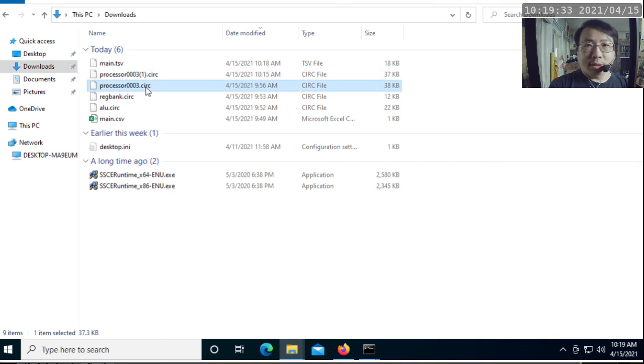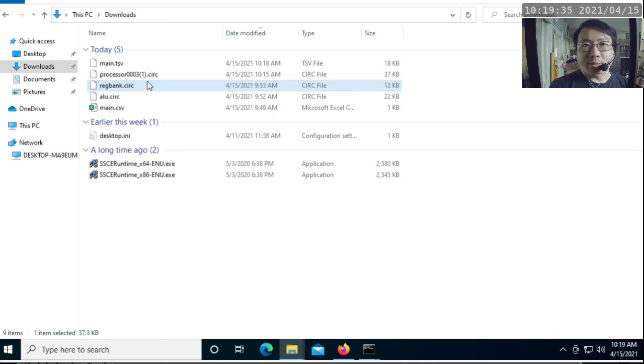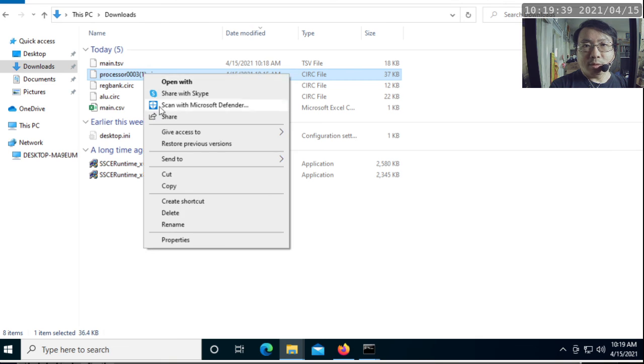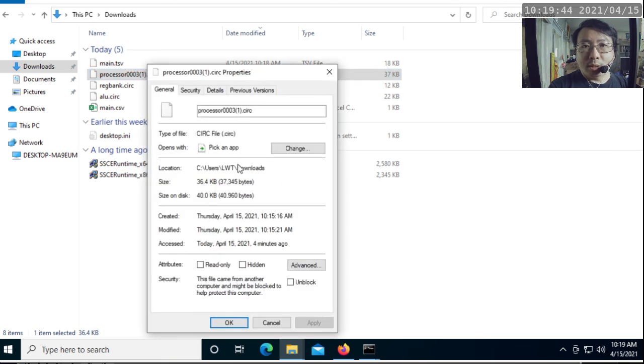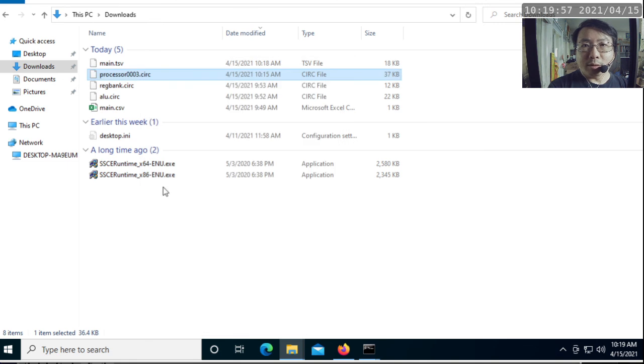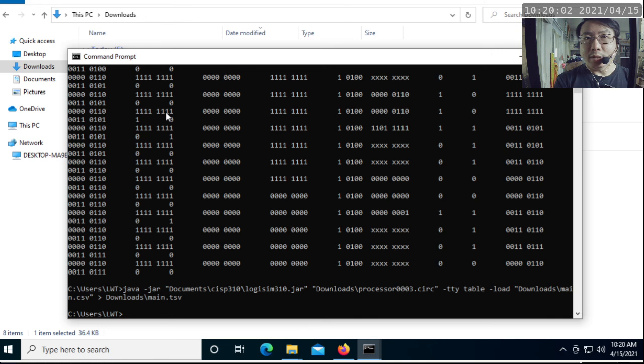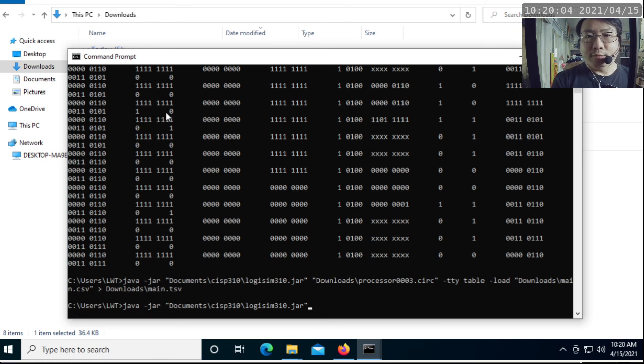So I'm going to delete the one that worked and rename the one that did not work to the proper file name. So we'll go ahead and rename this one. No, I suppose I can change it here, maybe. Oh, okay, that works. And then we click OK. That should also rename the file, but that was not what I intended to do earlier. All right, so now this one should not work. Okay, this is good because now we can go back and show you how to fix that problem